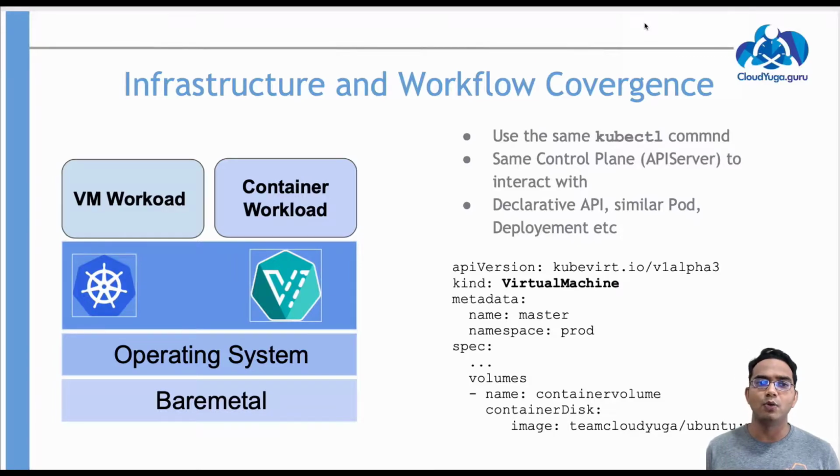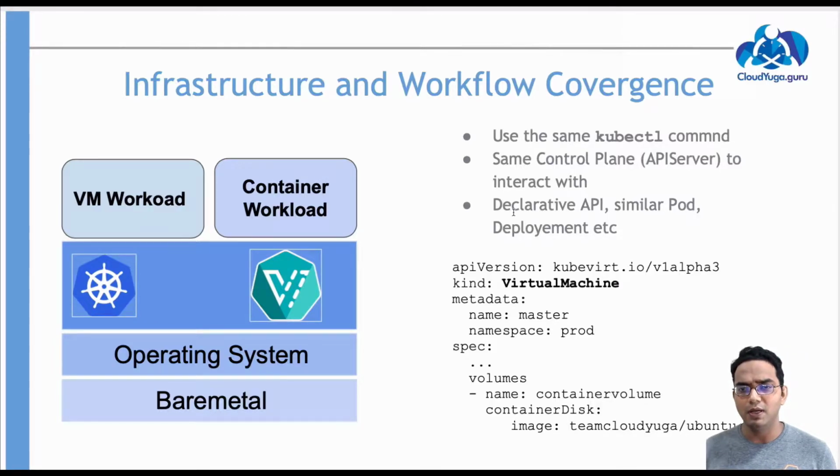With KubeVirt, we are going to converge our infra and the workflow. As you can see, with KubeVirt, we are going to have the same hardware what we are using for Kubernetes now. We can leverage that same thing to run the VMs as well. So we have the similar infra, maybe bare metal. We would have installed some OS and then configured Kubernetes on that. Then on the same cluster, we can have the KubeVirt controller, which can manage our VM workload.